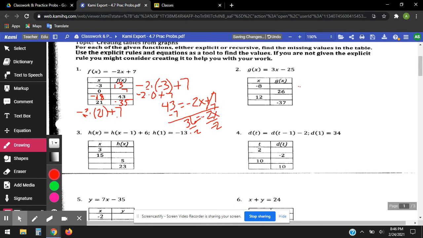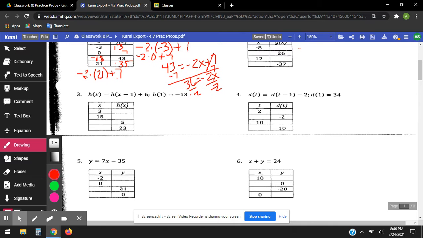So now I'll show you how it works with a recursive function. Over here, we have h of x equals the previous term plus 6. So h of 1 is -13. So if I have 1, let's see, 1 is